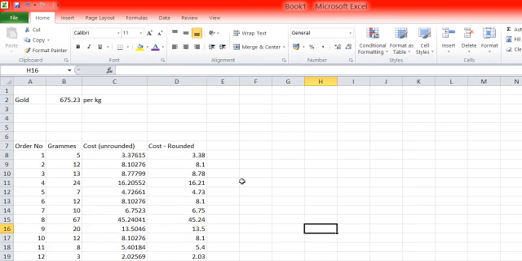And that gives us a very subtle difference between the two, and you can see the difference here is we haven't got the currency formatting in there, but actually those figures that are being produced would be more precise than